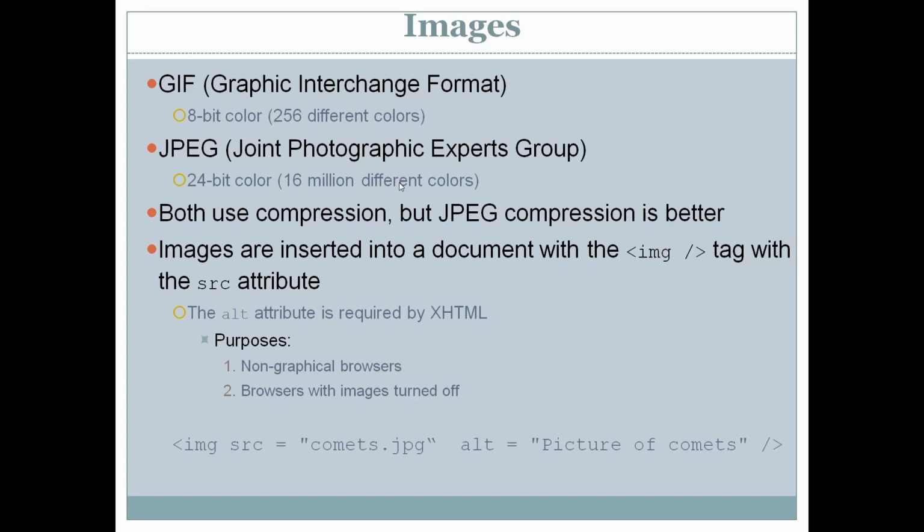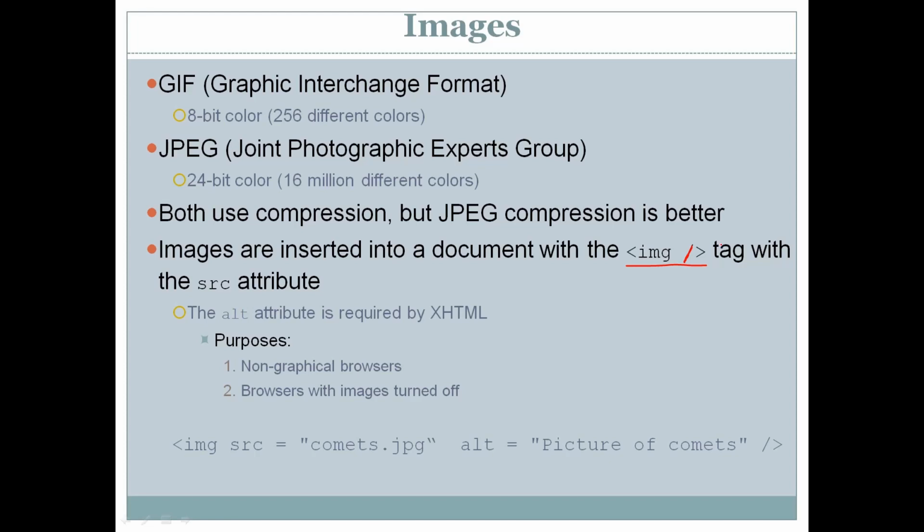So how to insert images on the web page? To insert images on the web page, we use a tag, that is the IMG tag. We know HTML is based on tags, so to display an image also we need a tag. You can see here we have an IMG tag, and you can see a closing slash here. That means this tag does not have a separate closing tag.